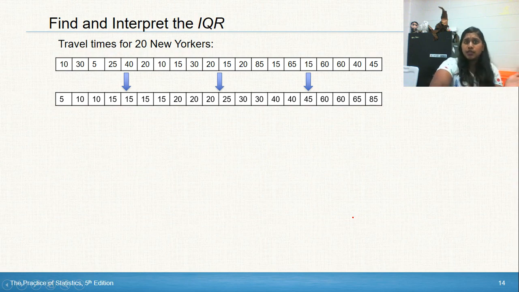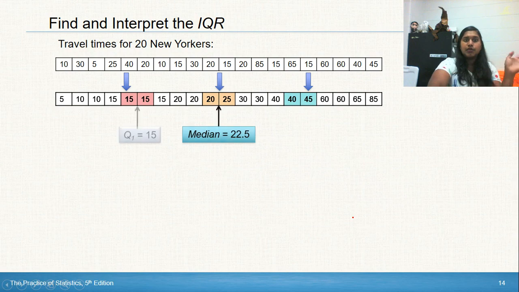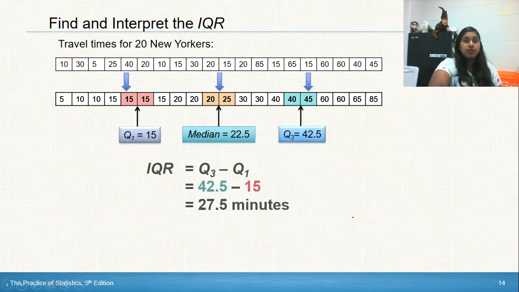And so we find the IQR. First, we do a little 5-number summary. So there's my median, my Q1, my Q3. You can see my max and my min on my table. So we get our IQR. And now let's interpret the IQR. That's the word I'm hinging on, the interpretation.